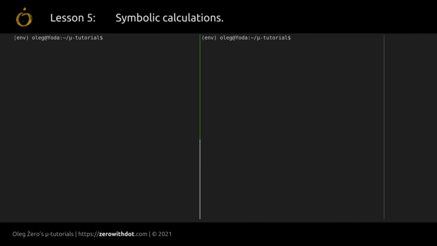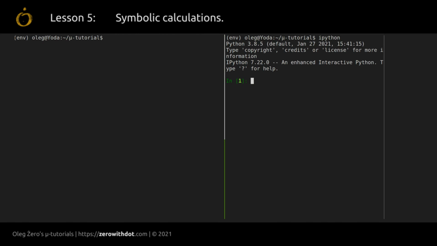Okay, let's create our polynomial. I'll be working with two splits over here. The left split is going to be reserved for developing a script with the definitions, and the right split is where I'm going to show the results. So let's start IPython here and import numpy as np. And over here I will create an np_poly.py file that will be a script containing all the definitions. So now the text editor, np_poly, and then import numpy as np, and then class